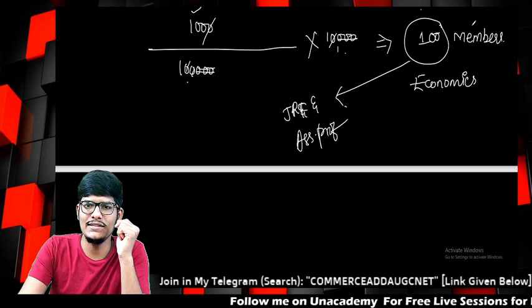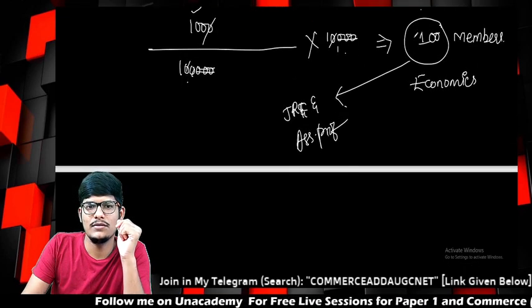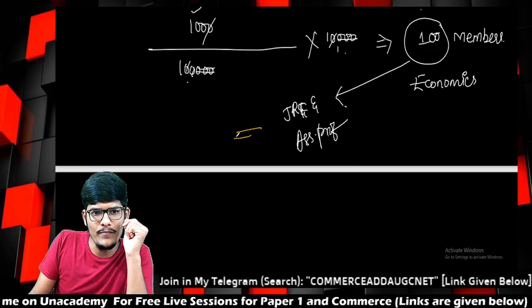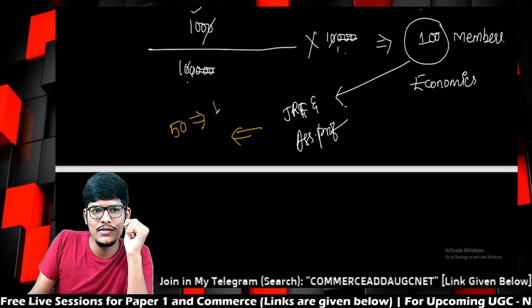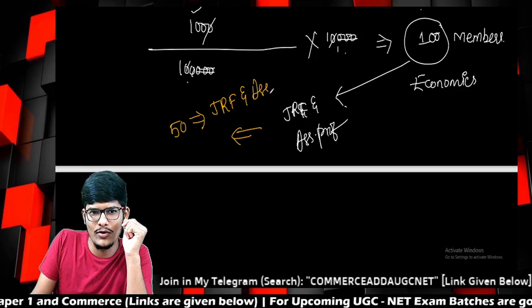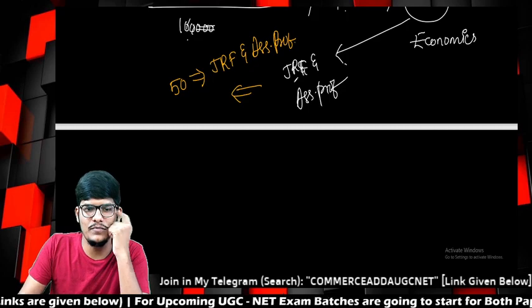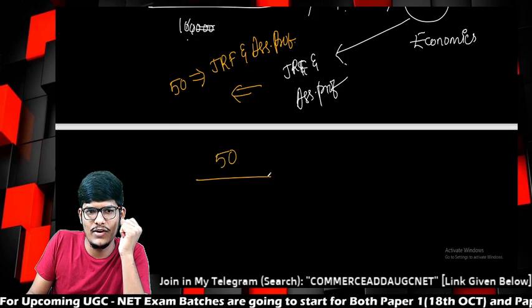Now look here, guys, out of this 100% who qualified, just take only 50% applied for JRF as well as assistant professor in economics. Right. Now this 50%, 50 candidates divided by